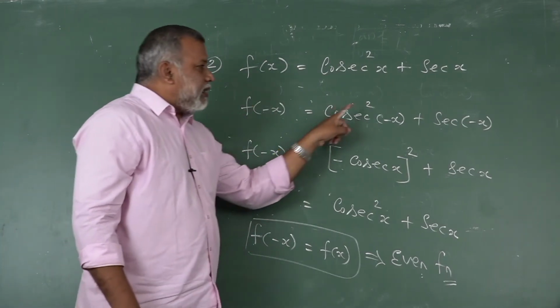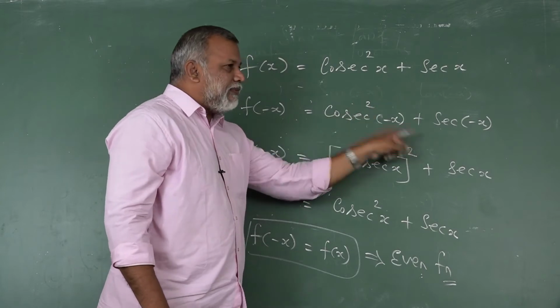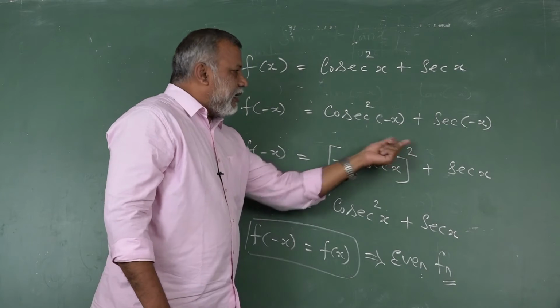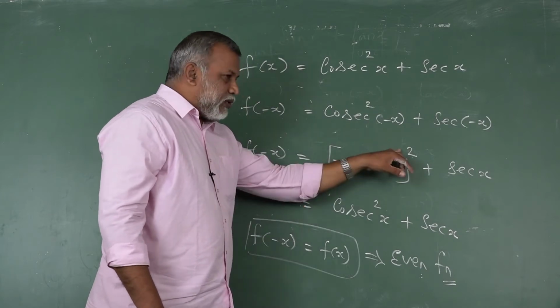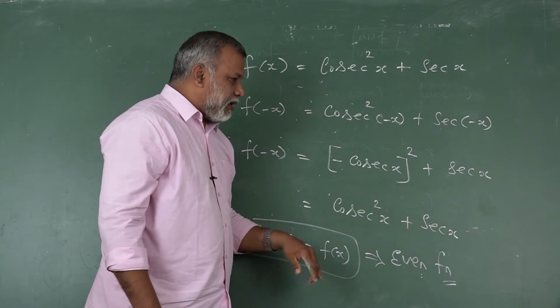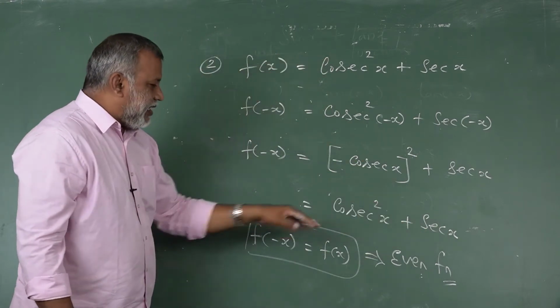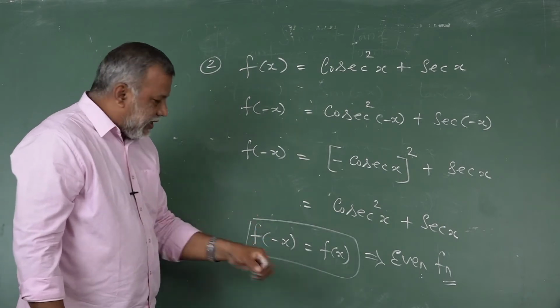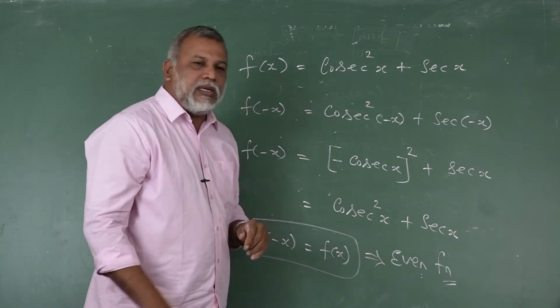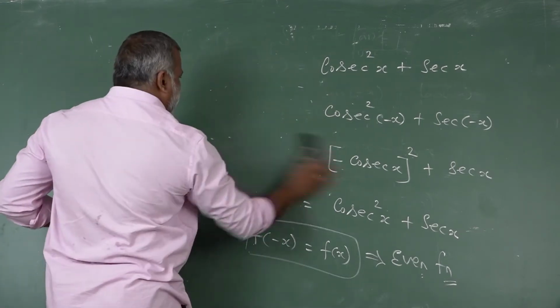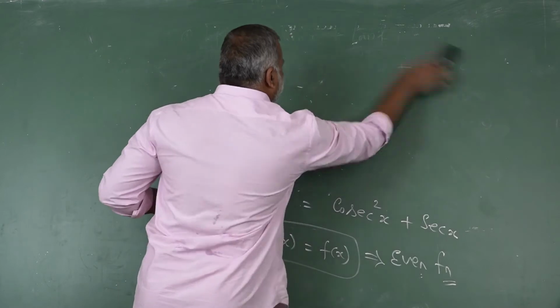Listen carefully. In this type of question you have to convert it into the whole square. Therefore, cosecant emits, cosecant x whole square, and because of this square it will be positive. Again, we can write cosecant squared x plus secant x. Therefore, once again that is equal to f of x. See here, f of minus x absorbs a negative, so this is called an even function. Now let us discuss one more example.